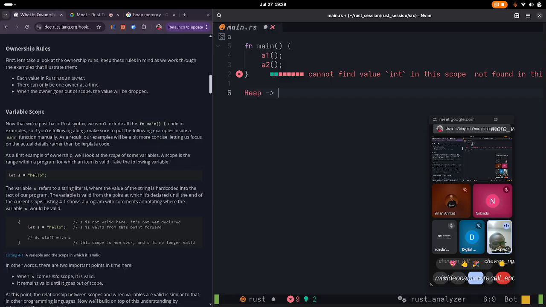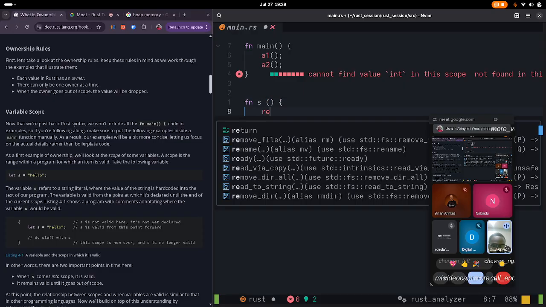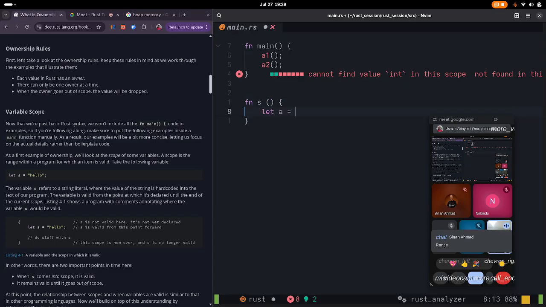So Rust says that if you put the memory on the heap, immediately when it goes out of scope, the memory is freed. I think we all understand scope. Scope is just where you can access a variable, right? So if you have something like a function, let a be equals to 5,